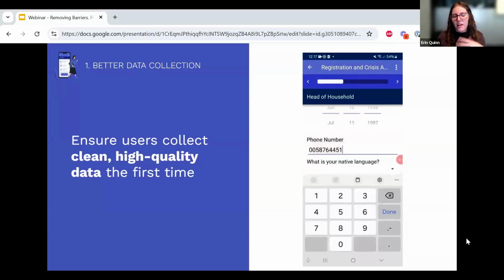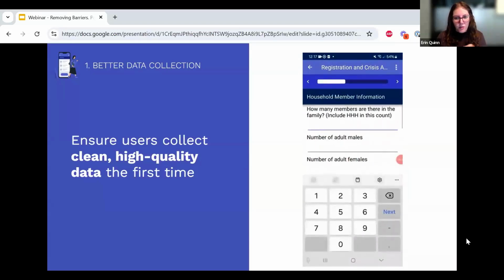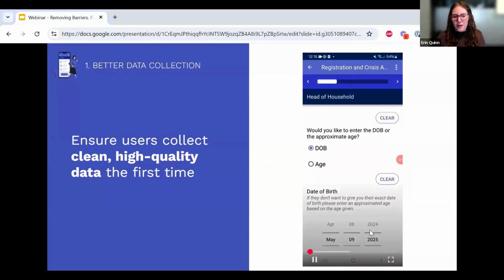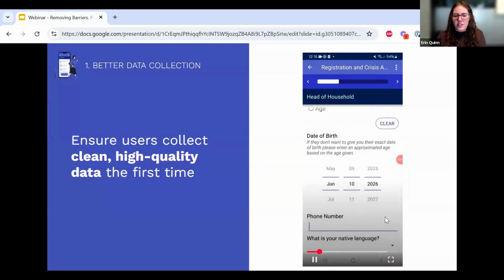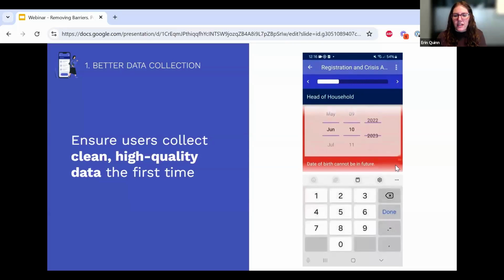When you're collecting information on something like date of birth, we of course know that there are going to be all sorts of different ages and dates of birth. But the one thing that we know is true about all dates of birth is that they should not be in the future. And so that is the one constraint that we've added here. And you can see that if you put in a date of birth in the future, you're going to get an error message and it's not going to go away and let you proceed until you fix that.